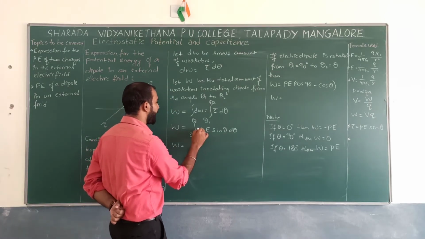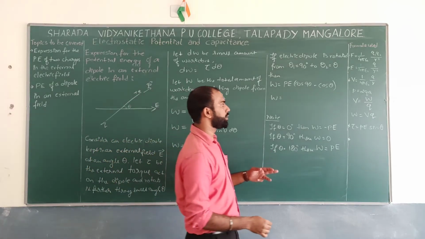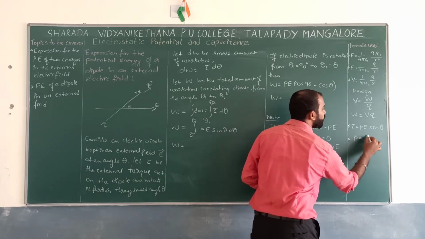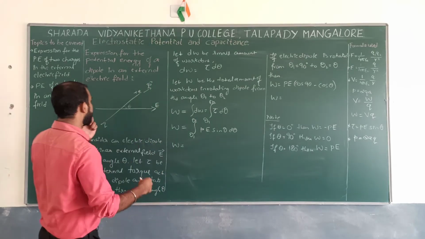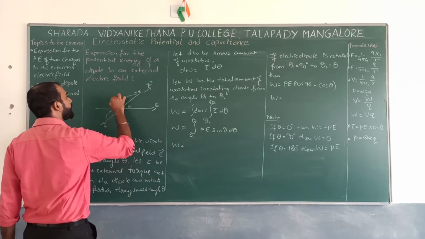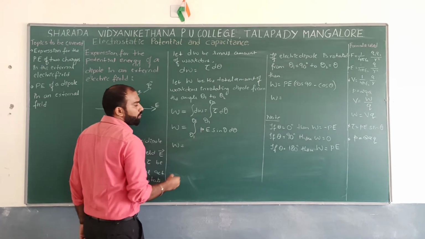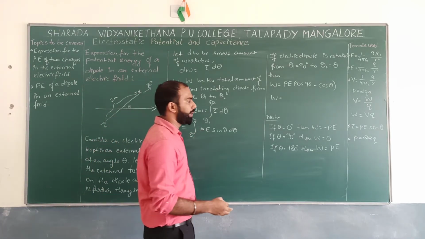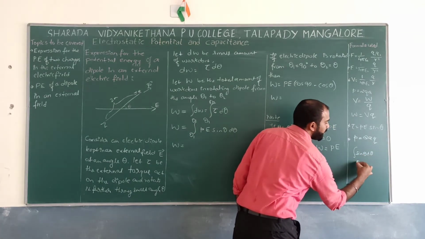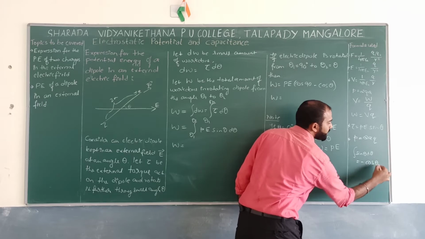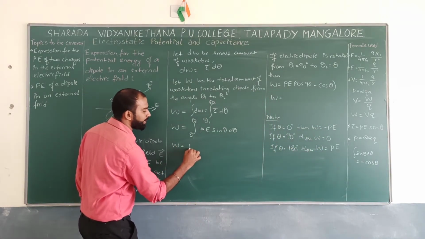What do you mean by dipole moment? It is nothing but P which is equal to 2a into q. 2a is the length of a dipole, correct? So that's it. So now, what is the integration of sin theta? That is the integration of sin theta into d theta, I can take as minus cos theta, correct? Now, can I write this is nothing but PE, and inside the bracket,